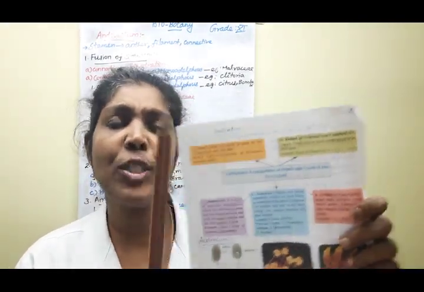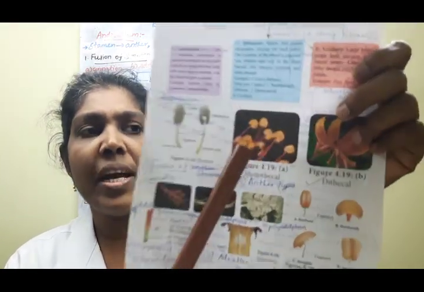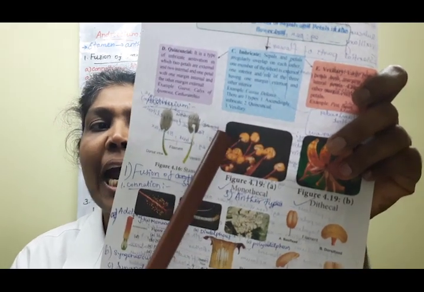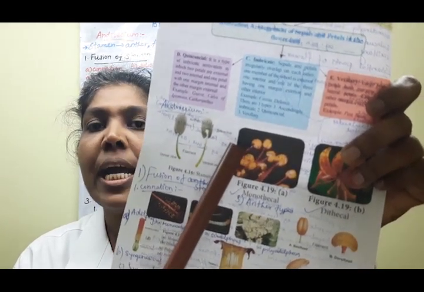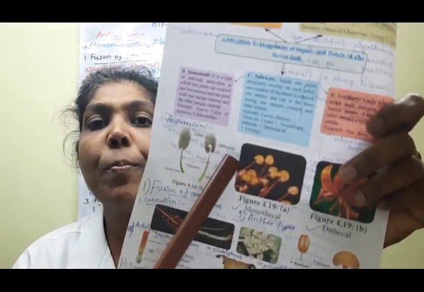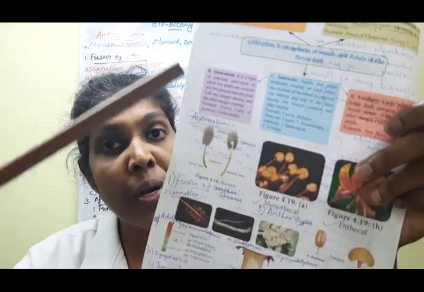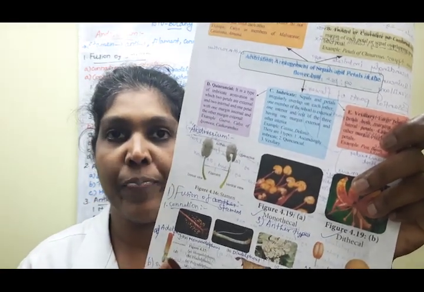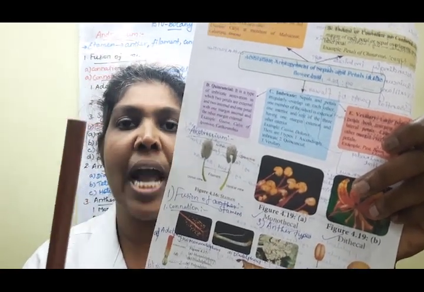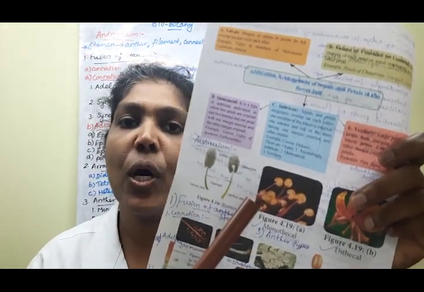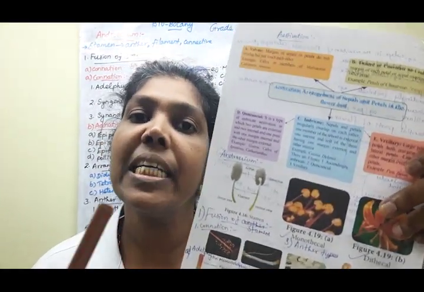The anther type means, all of you listen now. If you look at this diagram, this picture, this yellow color representation, clear? Here there is only one lobe, but there are 2 microsporangia. Only one lobe-like structure is there, but 2 microsporangia are present. This kidney-shaped structure is known as a monothecous anther.